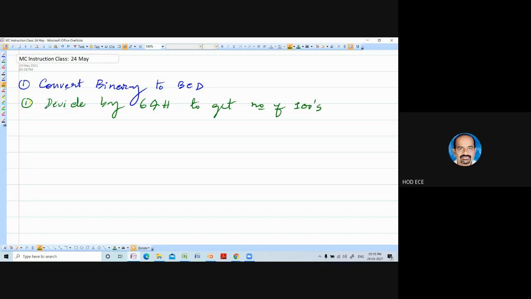Number of hundreds. So let us take the example as some E3. E3H is the binary number. So divide it by 64H, division by repeated subtraction.